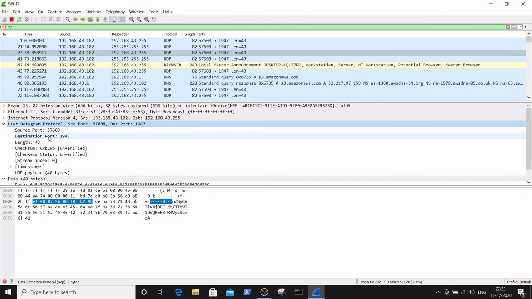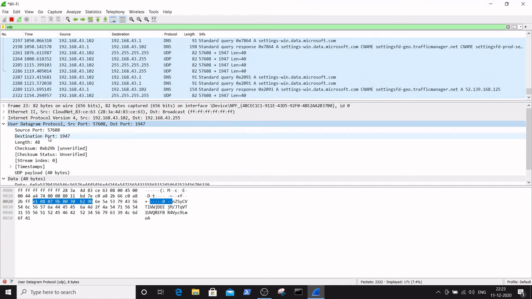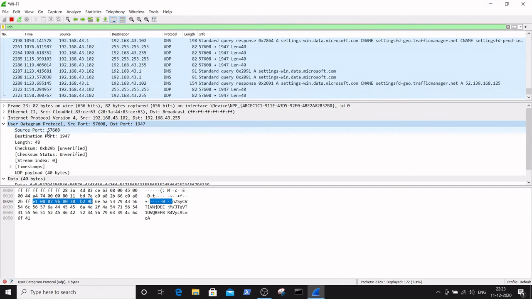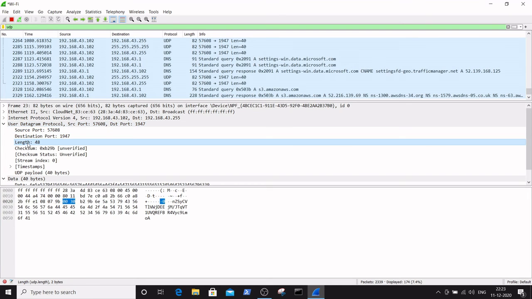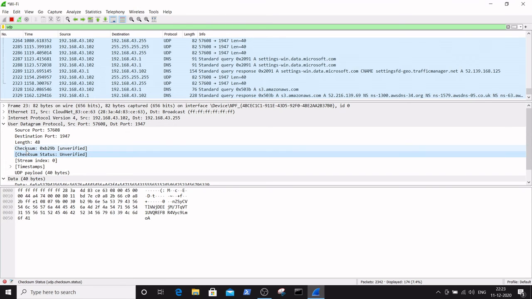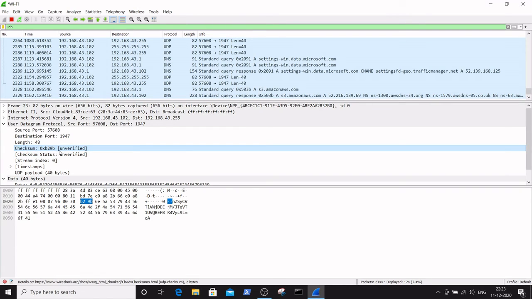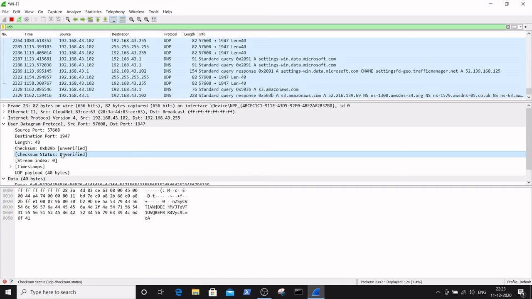In the previous ARP and Ethernet, they consisted of a MAC address and IP addresses of source and destination. But coming to the UDP packet, the UDP header consists of source port and destination port, and the length is 48. Here is the checksum, and the checksum status is unverified.